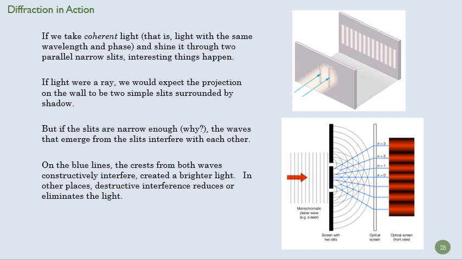And when they hit this wall, if both of these waves hit the wall in phase, then you're going to get a bright spot. In other words, if the distance from here to here is, say, 7 wavelengths, and the distance from here to here is exactly 6 wavelengths, then the amplitude of both waves is going to be high and positive at the same time,